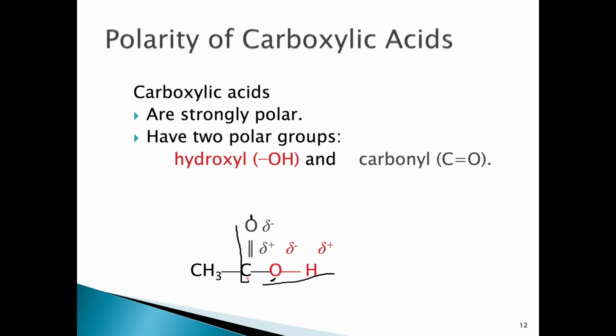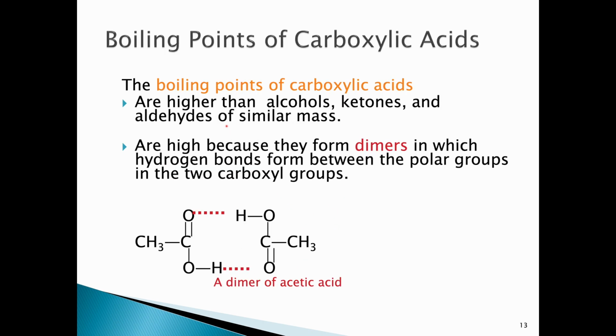So that leaves your carbon along with your hydrogen with a partially positive charge. So this difference in electronegativity gives you those dipole moments that cause your carboxylic acids to become very polar. An additional property of a carboxylic acid also has to do with these two polar groups. You had your carbonyl group and then you had your OH group. So the presence of these two groups